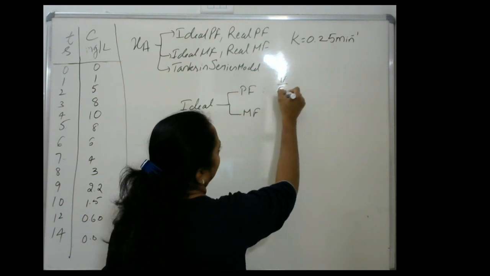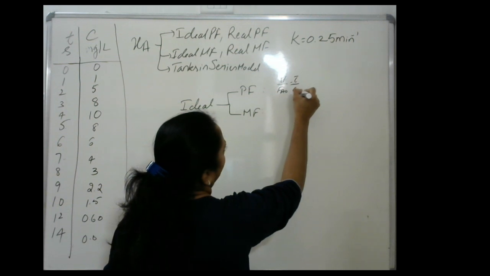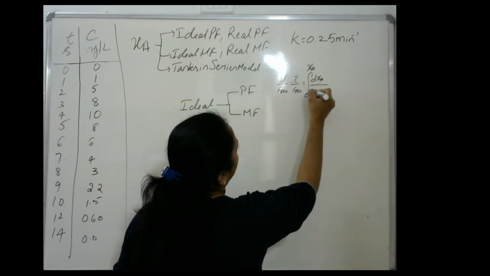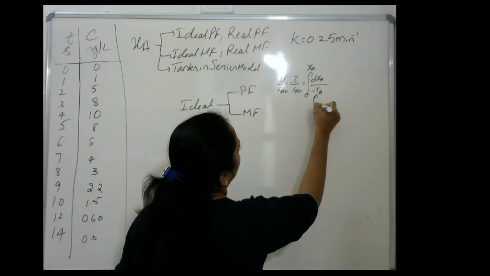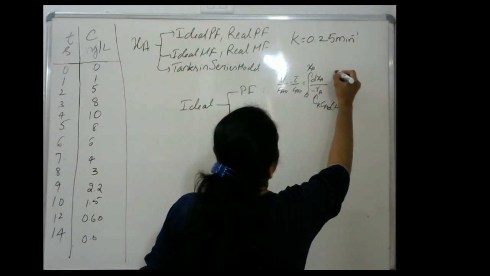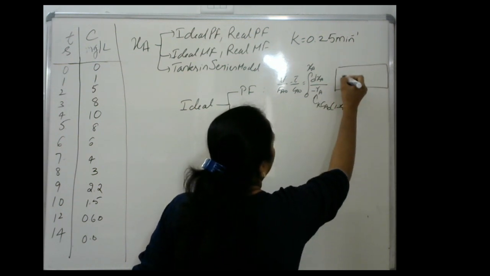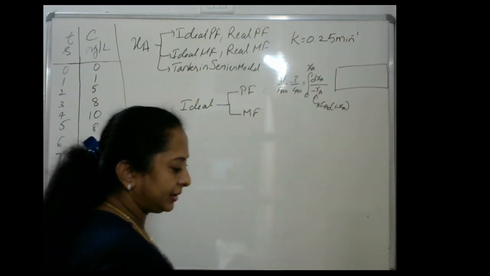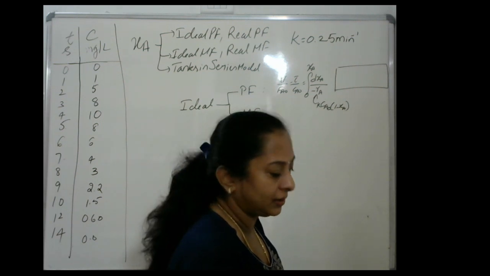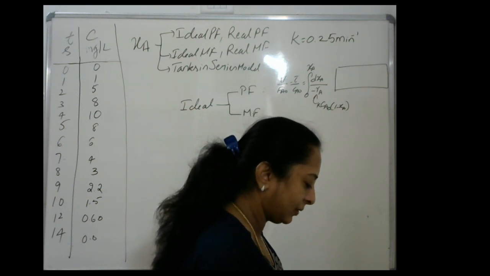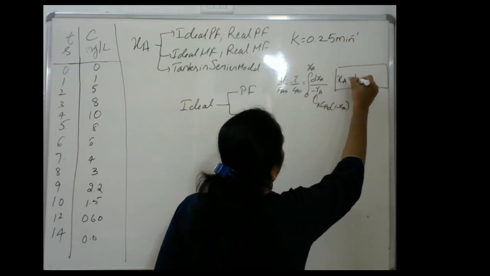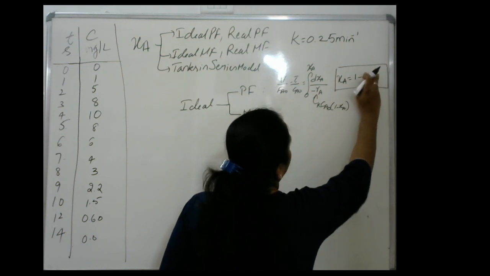So here go to the performance equation. What is that? V by Fa naught equal to tau by Ca naught equal to integral 0 to Xa dXa by minus Ra. This minus Ra equal to K Ca naught into 1 minus Xa. And yeah, so for this you have already developed the equation. Let me just write that equation, and the expression here is Xa, I think, 1 minus K tau. Am I correct? Yeah, it is 1 minus K tau. Xa is equal to 1 minus K t bar. Xa is equal to 1 minus e to the power of minus K t bar.